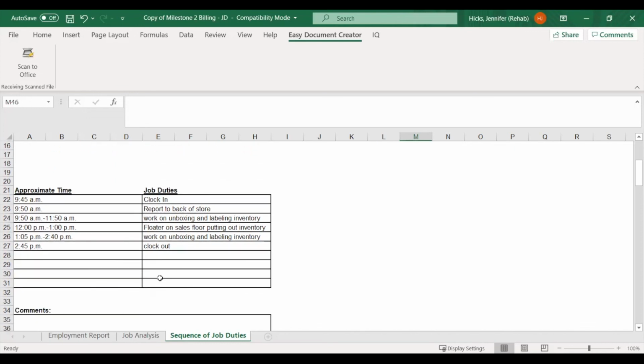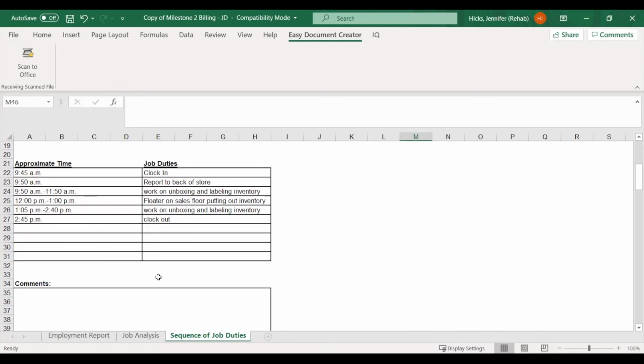I think it's understood that not every day is going to look exactly like this, but this is just the basics of what the job duties would look like on a daily basis.